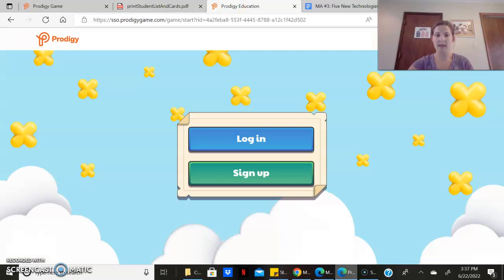When they log into Prodigy, it'll look about like this. So for me, the purpose of Prodigy in my class would be for free time math review, because it begins at the one grade below where your students are at, and then your students will work upwards to determine where your student's grade level on Prodigy math would be. So they'll click login,